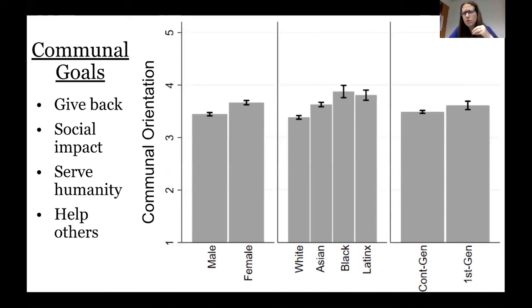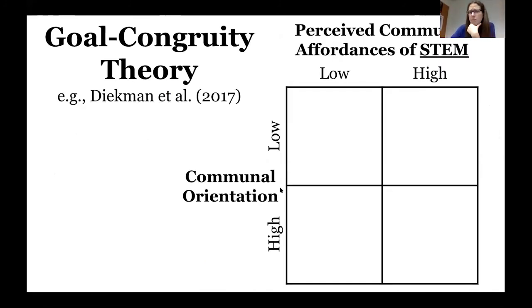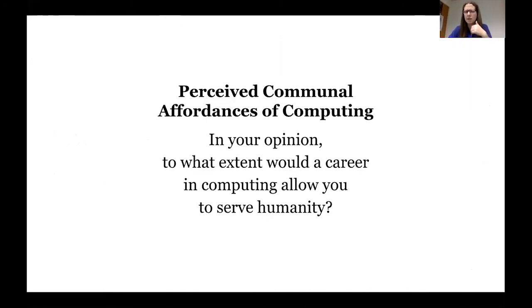So the extent to which we can help students see computing, or STEM in general, as allowing them to pursue these communal goals can be differentially impactful for women, students of color, and first generation college students. And then we looked at that more specifically, and actually Amanda Diekman has looked at that. So this idea, perceived communal affordances, is on the top. So what they think of the field, communal orientation, like how much do they want to pursue communal goals, is on the bottom. In our survey, we said, to what extent would a career in computing allow you to serve